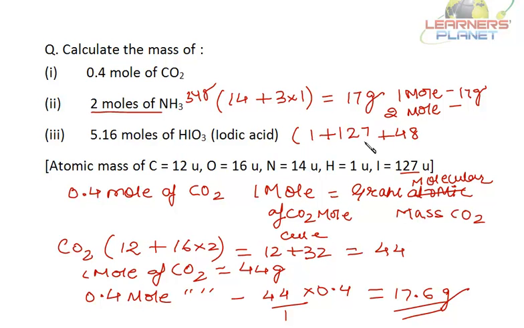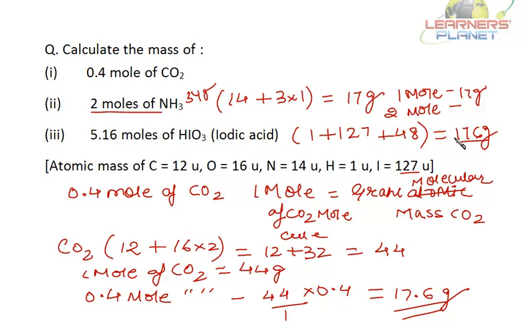Plus 48. Its 16 threes are 48. Now just find it out. 49 plus 127. What will be the answer? It will be 176. So 1 mole of HIO3 weighs 176 grams. This is, remember, gram molecular mass, right? The amount of substance whose weight is equal to the molecular mass of that substance, and molecular mass is a relative entity. So 1 mole weighs 176 grams, therefore